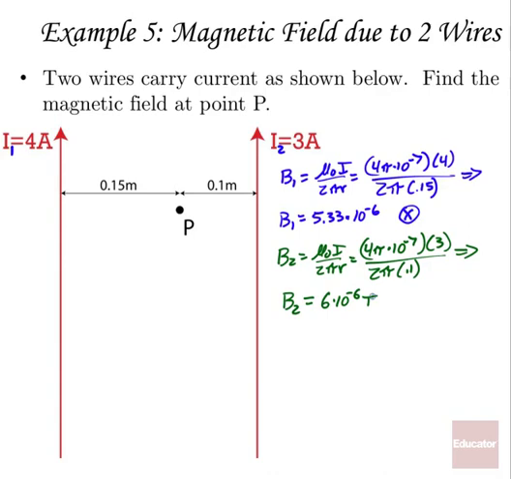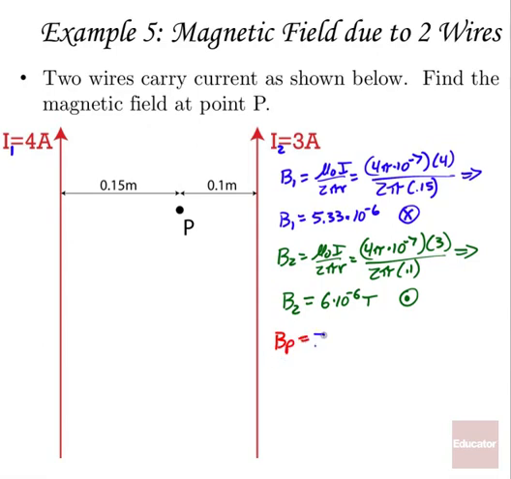Point the thumb of my right hand in the direction of positive current flow, wrap around that imaginary wire, and I see that that's going to be coming out of the plane of the page. So that's going to be going in this direction. They're in opposite directions. So if I want the total magnetic field strength at point P,